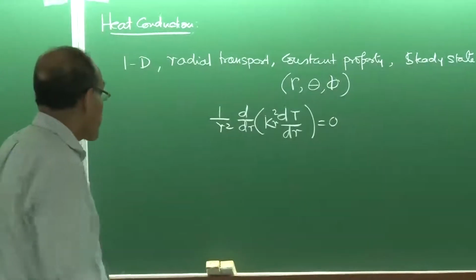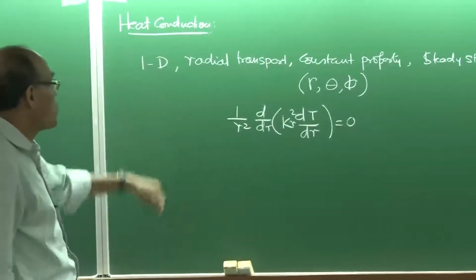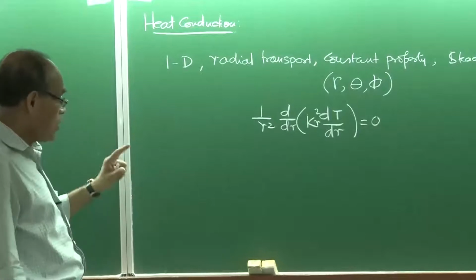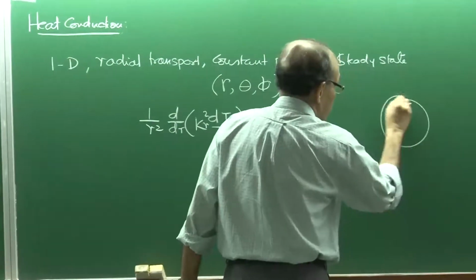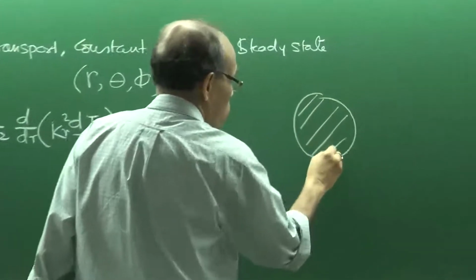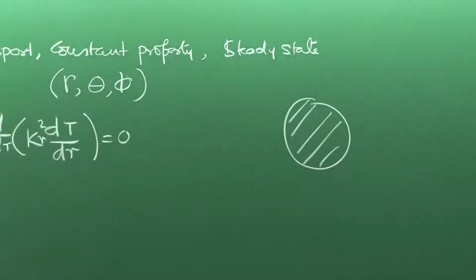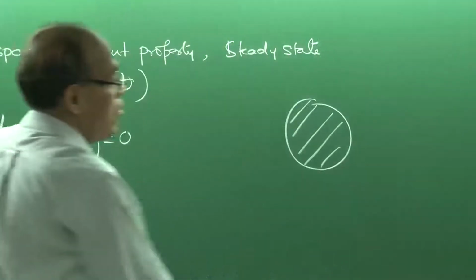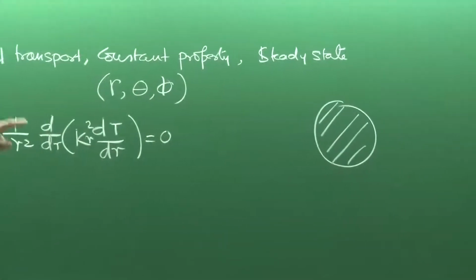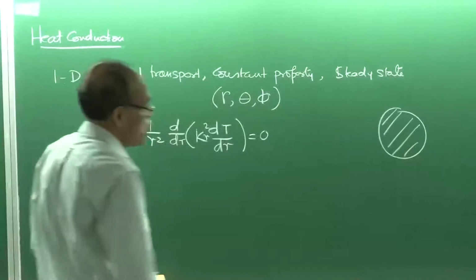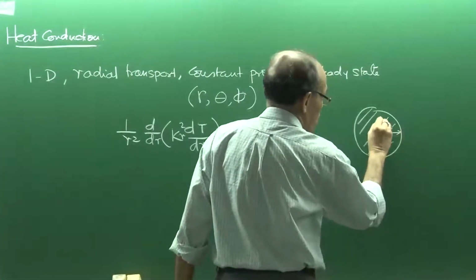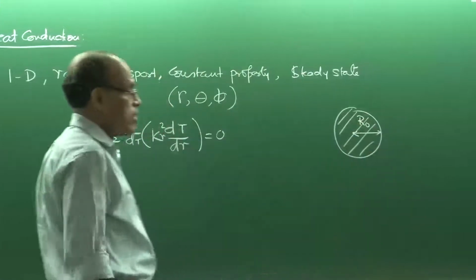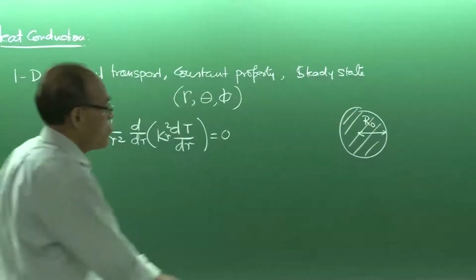So, let us now, as I said, always when we write an equation, we have to depict the diagram or present the diagram. So, that is the sphere, and you can imagine surrounding to be, we are considering a spherical geometry, about this sphere, which has a radius equal to r0. So, that is the radius. And then we can take a control volume here,